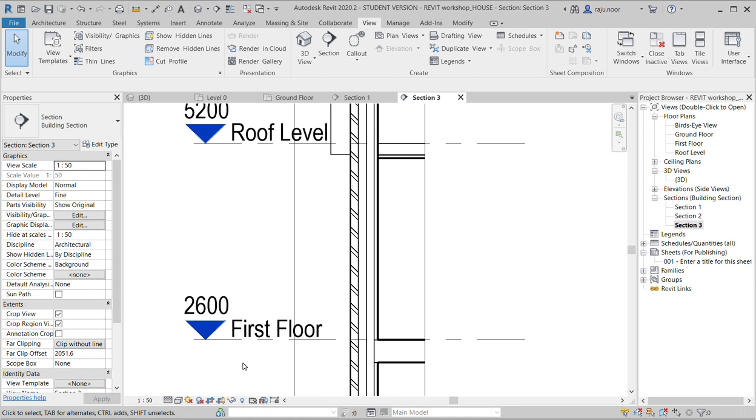What we want to do is create a callout. Okay, a callout is basically a part of a section or a part of a plan. This can also be done in plan view. That creates a separate drawing that serves as a reference point to that section, on a bigger scale. Okay,